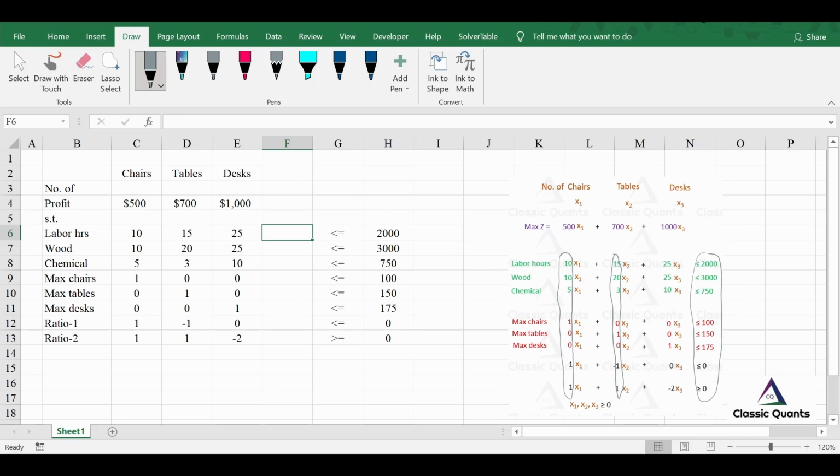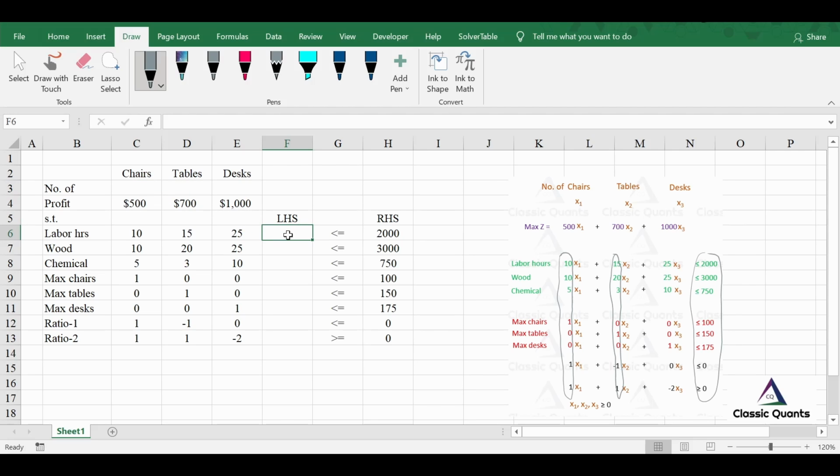Now this is your right hand side. Now we have to enter the left hand side as well. So what is going to be the left hand side? Left hand side is your 10 into x1 plus 15 into x2 plus 25 into x3. So therefore first we are doing products of these coefficients with the decision variables and then performing the sum.